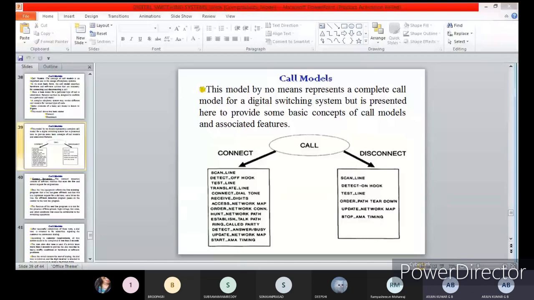Okay, and then we can see in the block diagram which software is involved during the calling process. The first is to scan the lines. Every time they check by scanning the lines whether any request is detected or not. If a request is detected, they immediately follow a set of software procedures in order to accept the request. The first step of the connecting sequence is to scan the lines. Once the scan detects a line, that indicates the line has gone off hook.